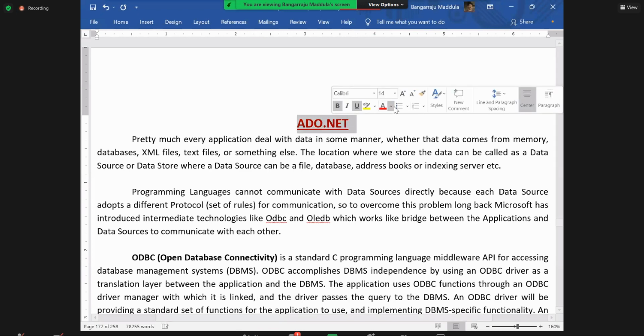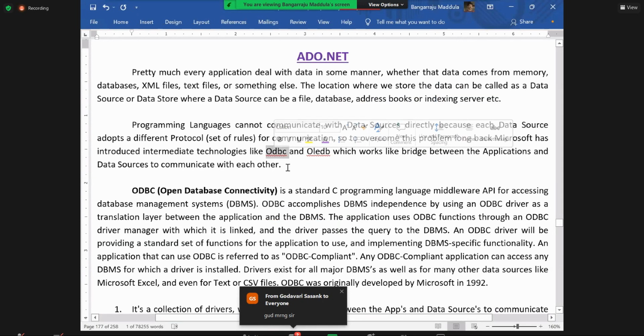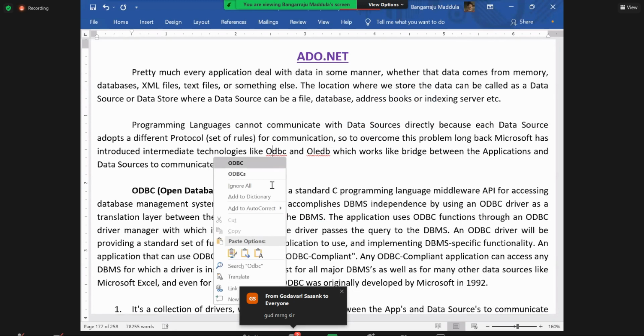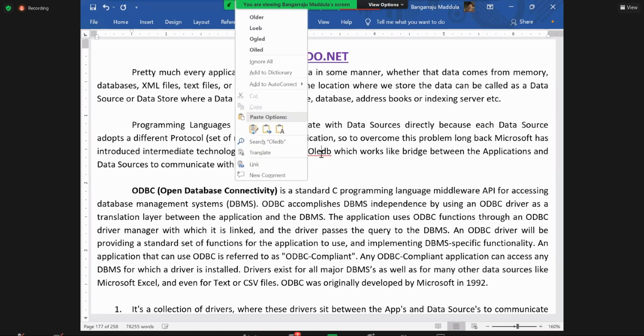Yeah. So last day we discussed data source communication. How to communicate with a data source? And very importantly, as I said, if you want to communicate with a data source, what do you require? You just require